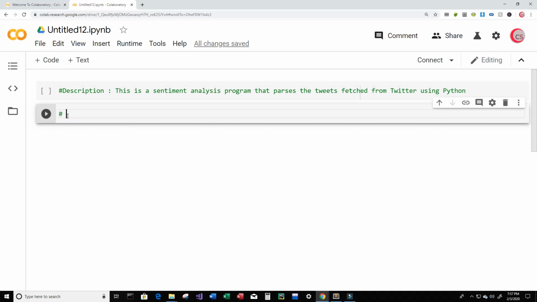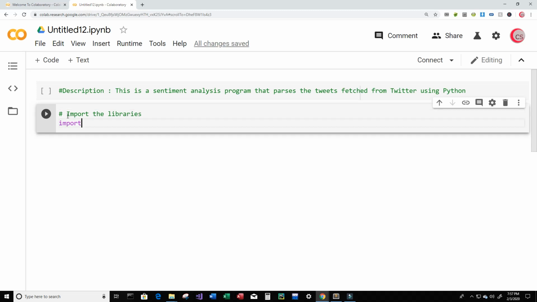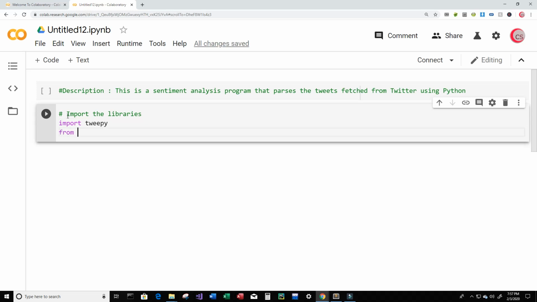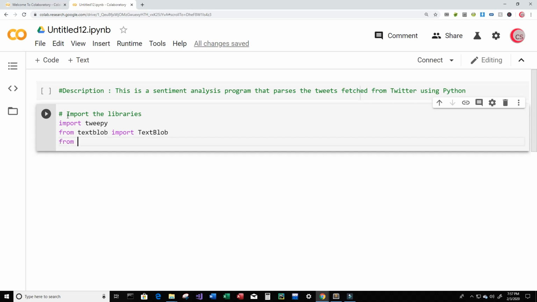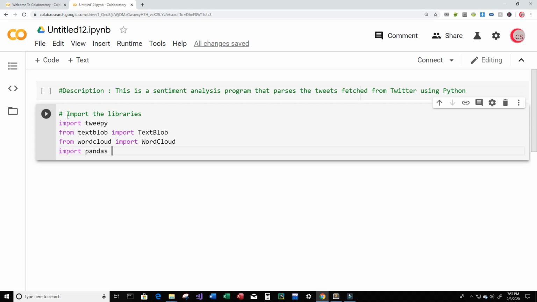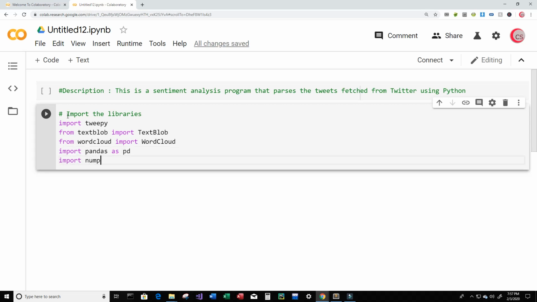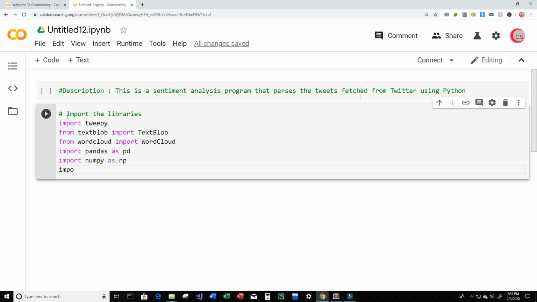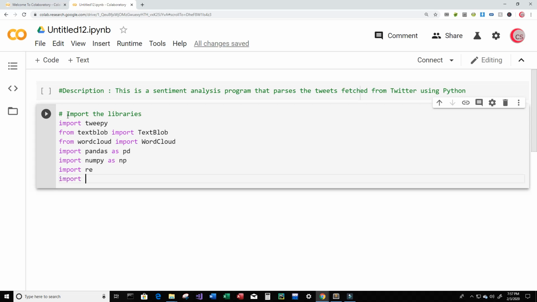And in this cell, I'm going to import the libraries that we're going to be using throughout this program. So I'm going to import Tweepy, and from TextBlob, I'm going to import TextBlob. Next, from WordCloud, I'm going to import WordCloud. And next I'm going to import pandas as pd, and I'm going to import numpy as np, and I'm going to import regular expressions, re, and last but not least I'm going to import